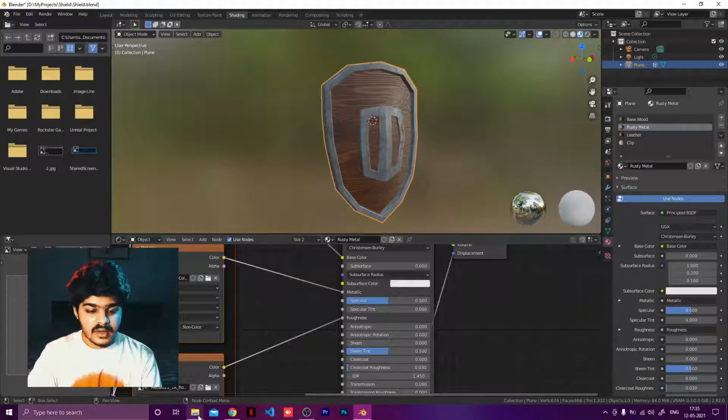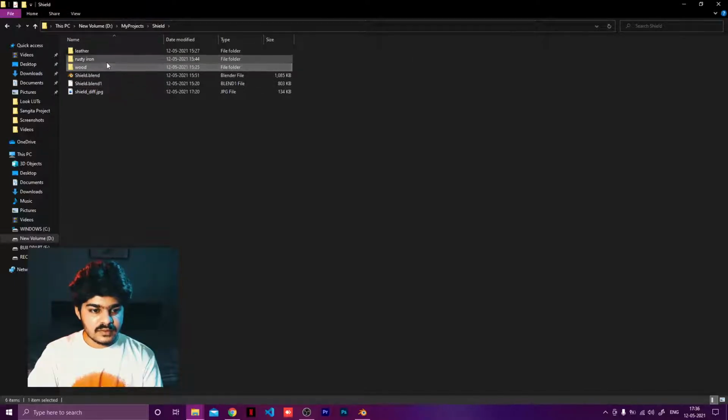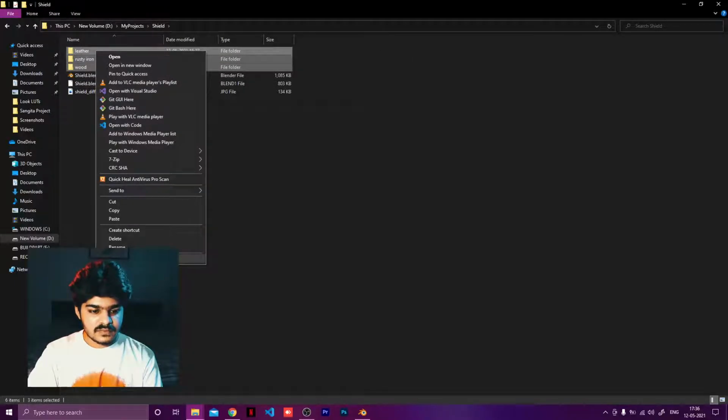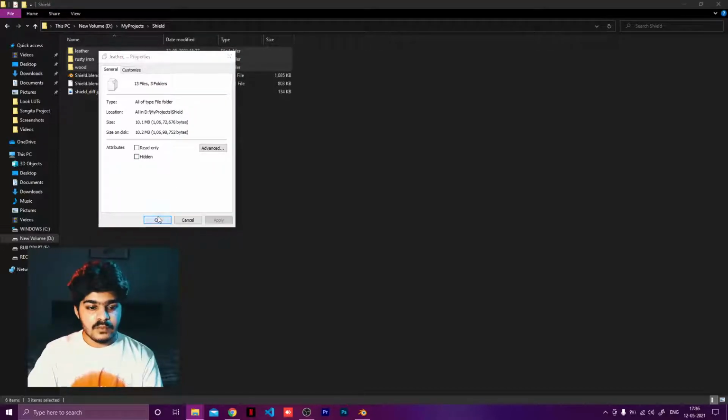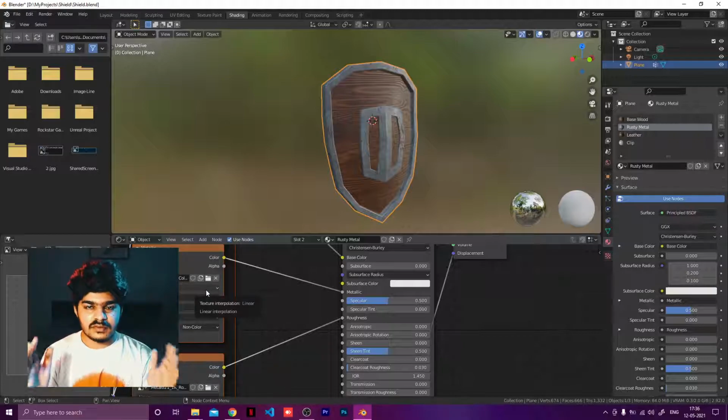Now if we look at these sizes, 1, 2, 3, they are almost about 10 MB. Understand that we are just using 1K textures, 1000 pixels by 1000 pixels, and we are using four materials, and three of those materials have 4-5 different textures. So that's about 16, 17, 18 textures that we are using, whereas we only want 3, 4 or 5, which is more than sufficient for all the texturing that we want.